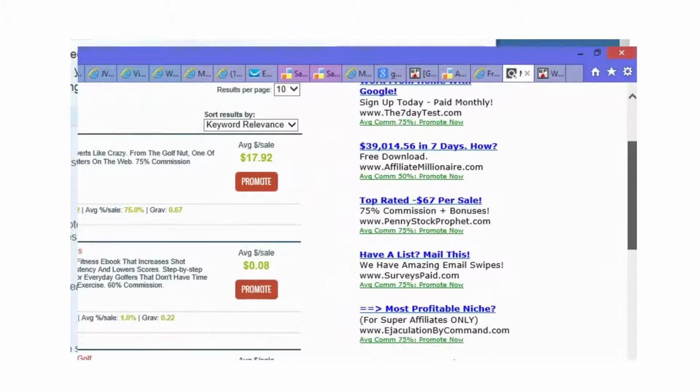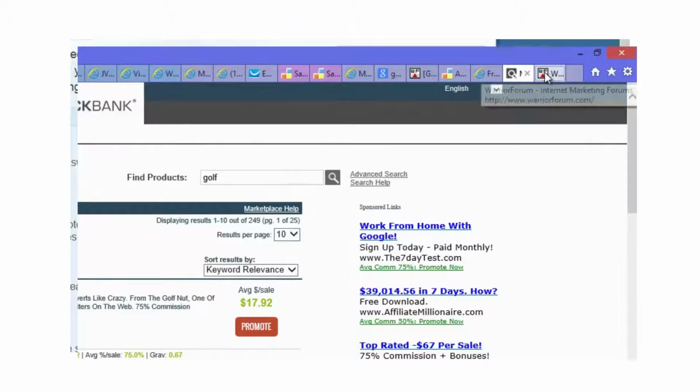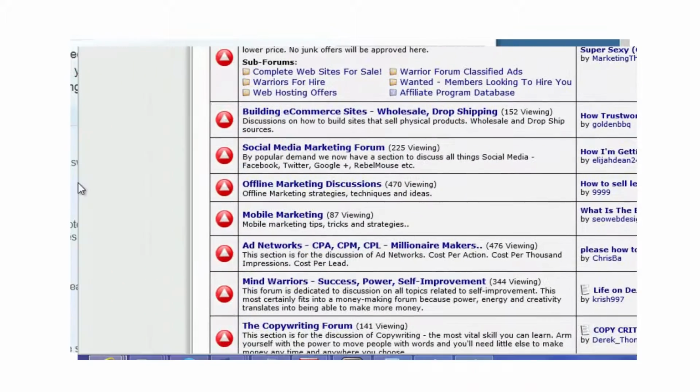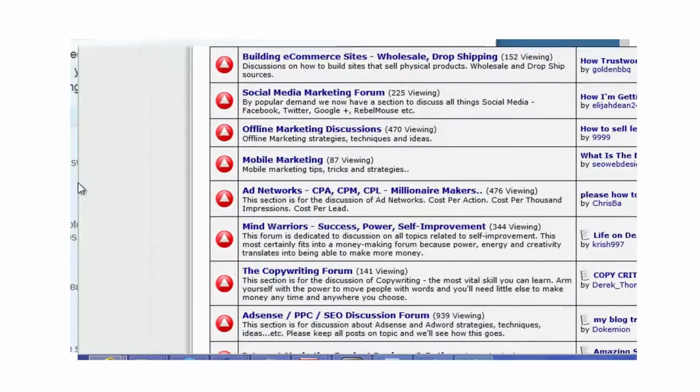safe-swaps.com. On this site, you can find solo ads and ad swaps. What I like about this site is that you can rate each member. So if you had a bad experience, you can mark it as a poor experience, and you also